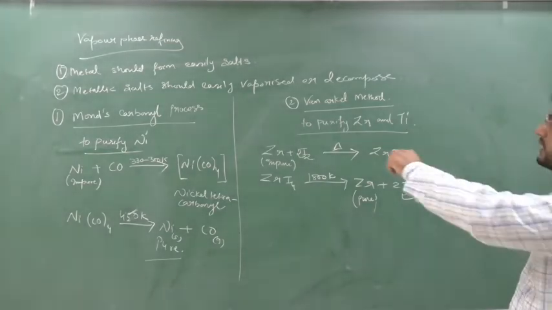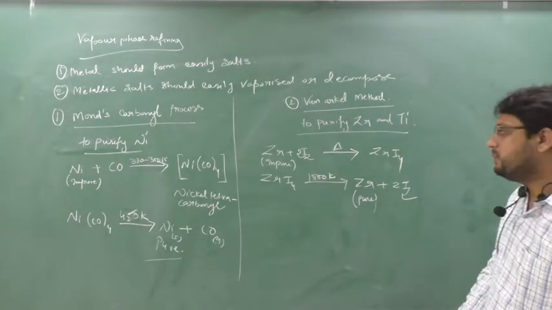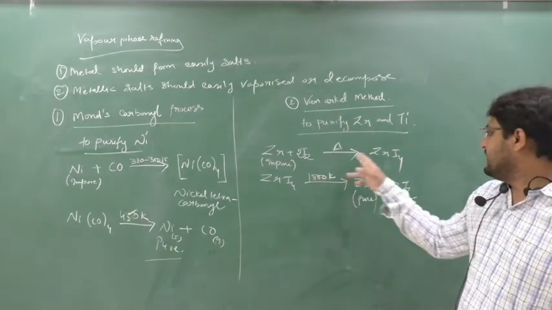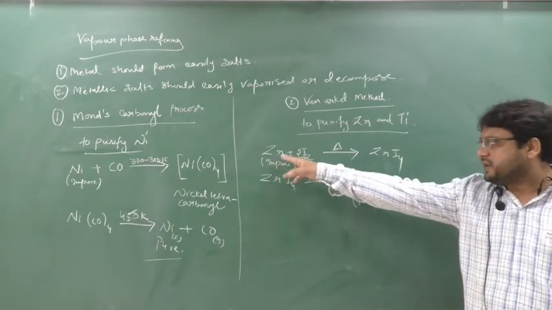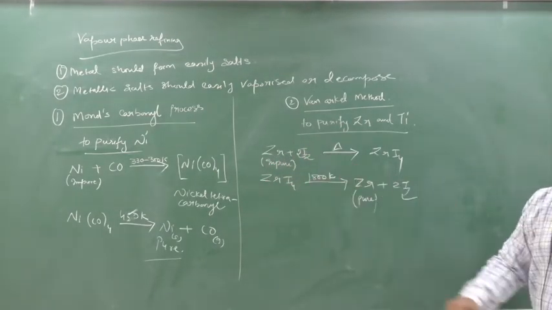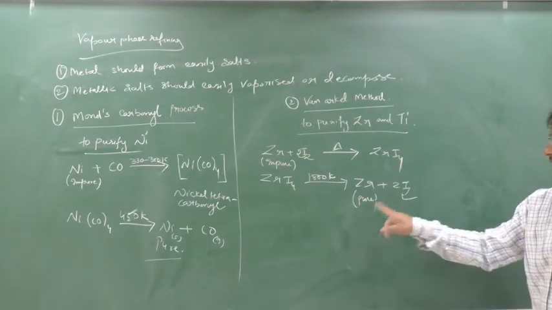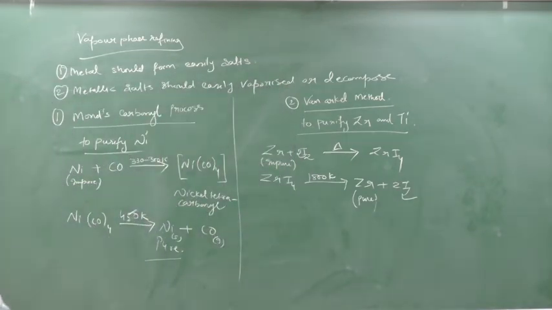The second method is the van Arkel method. That van Arkel method is to purify zirconium and titanium. I have written it for zirconium. So instead of Zr, if you write titanium here, you will get the answer for titanium. So from titanium iodide you will get titanium, pure titanium you will obtain. Clear this part? Are you understanding or not? So that's it. Now next we are going to see